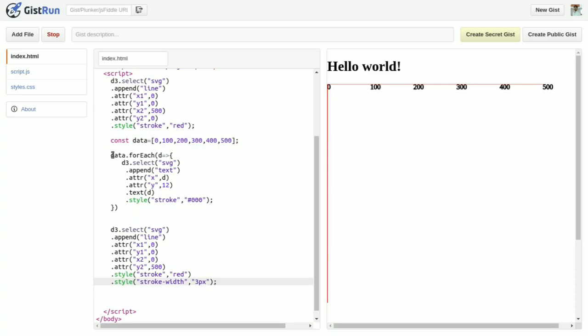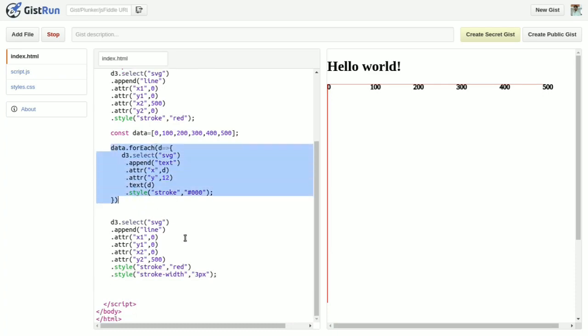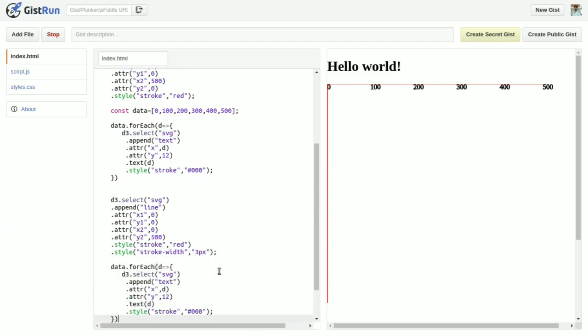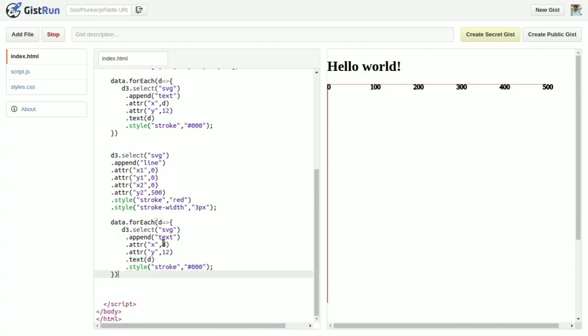Now I want to draw the points to show how y coordinates work. So here we will append the text to the SVG. Here x will be 0 and for y I will give d. So you can see in the output that our y points start from 0 and go from top to bottom: 0, 100, 200, 300, 400 and 500.